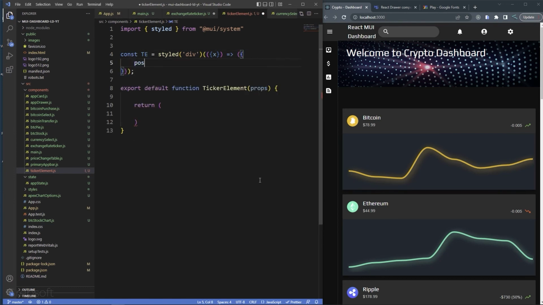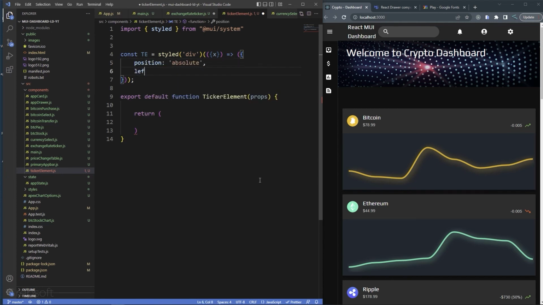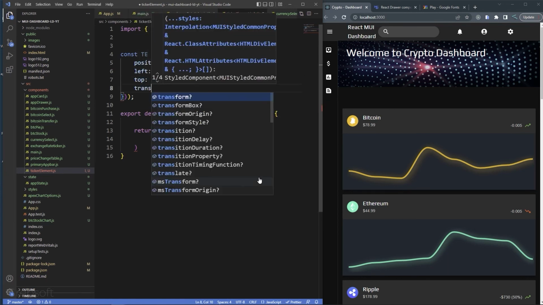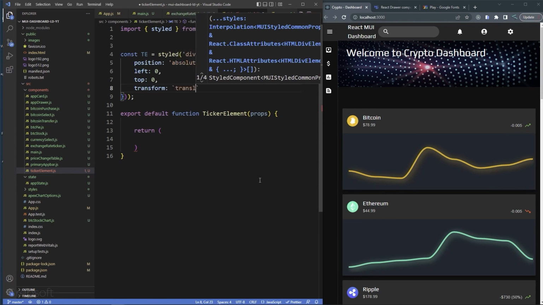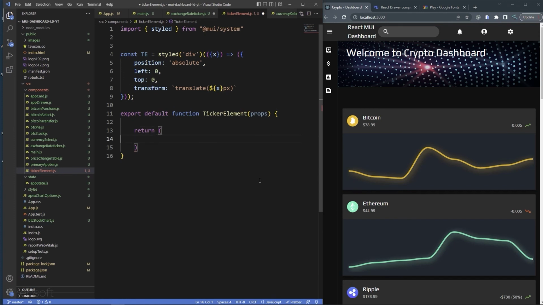Alright, so as I said, this is going to have a position of absolute. Okay, left will be 0, top will be 0. The only thing that changes is the transform. So it'll be translate X pixel. I like it. And then here I can say ticker element,